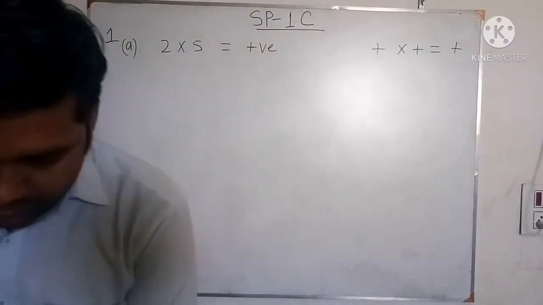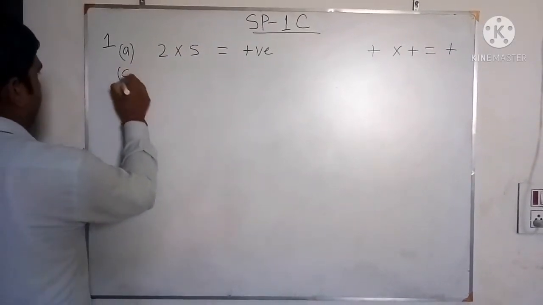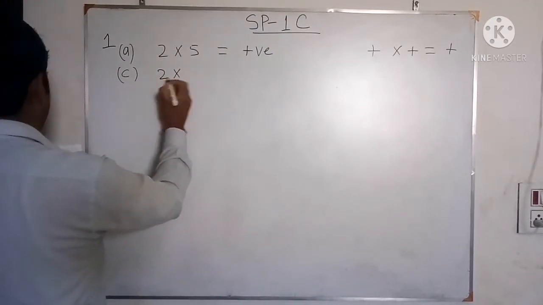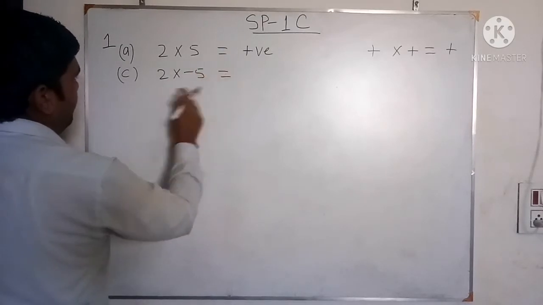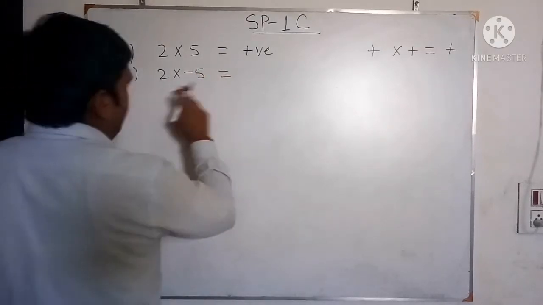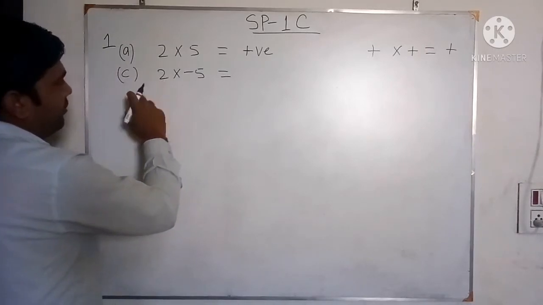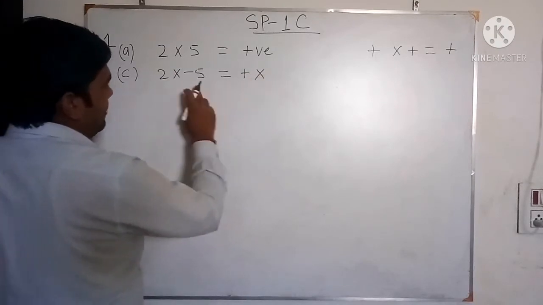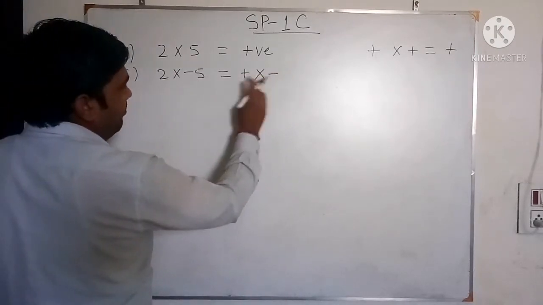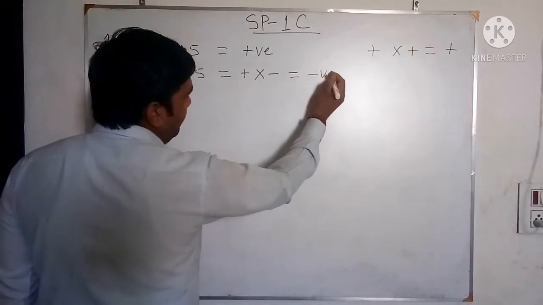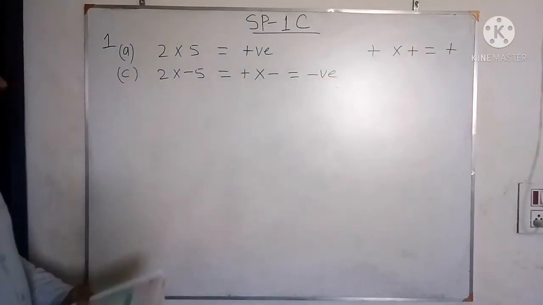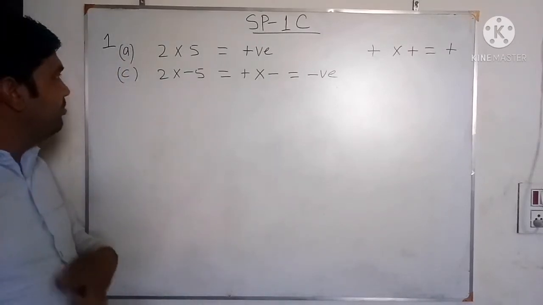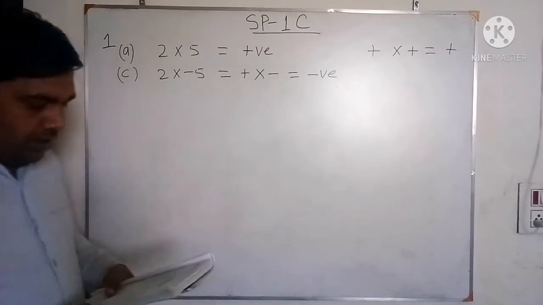Similarly, next question, you can see C. In C, it is given 2 multiply minus 5. The sign of the integer 2 is positive, that is plus, multiply, and the sign of 5 is minus. So this is the negative integer. The product of plus and minus gives you negative. So the product of plus 2 and minus 5 will give the negative. So here you are going to get the negative product. Now next, G.